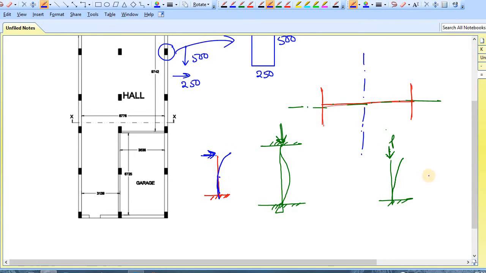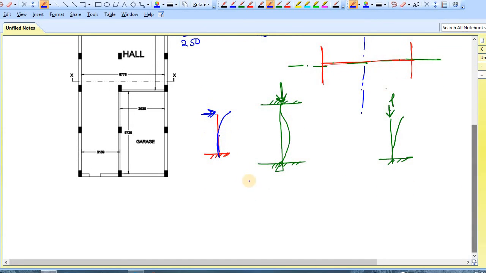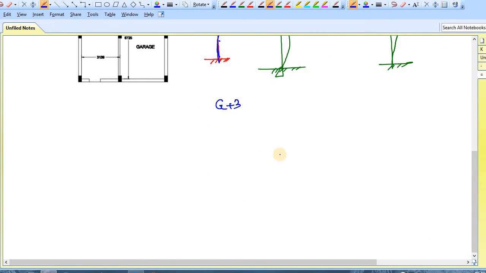Clear? No confusion? Now if there is a building, let's say a G+3 building, fixed at the base, I can say this building is nothing but a very big column.